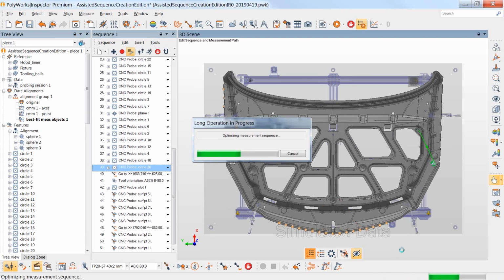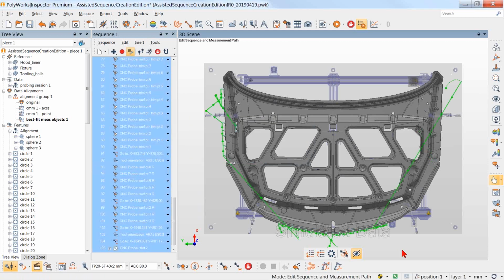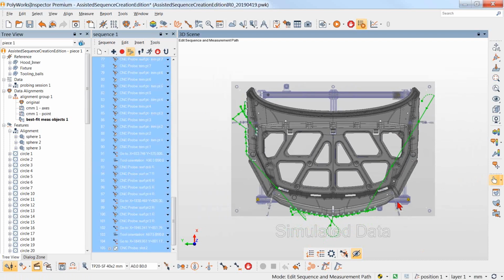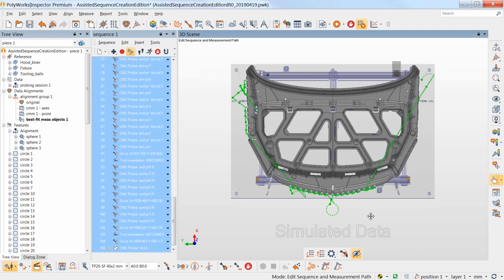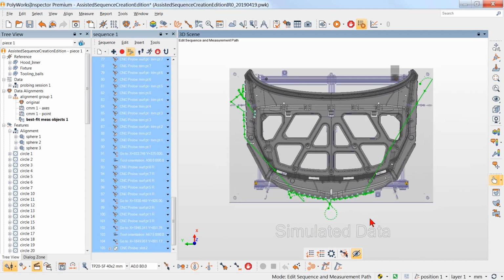I'm pretty sure there's going to be another orientation. There actually may be two that are to be used, because I have a slot on the second side as well as those points that were up on the front. So if we zoom out through here, we can see that, yes, there was a new tool orientation that's been done, and it's been added in, as well as the most efficient path